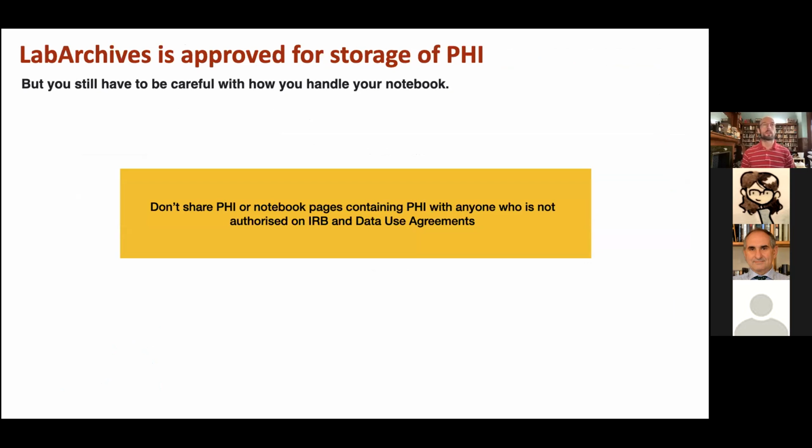Now, a question that some of you will no doubt be asking is, is LabArchives approved for use with PHI? And the answer is yes. We have the BAA agreement in place. So it has been approved within Weill Cornell for storage of PHI in your notebooks, but you still have to